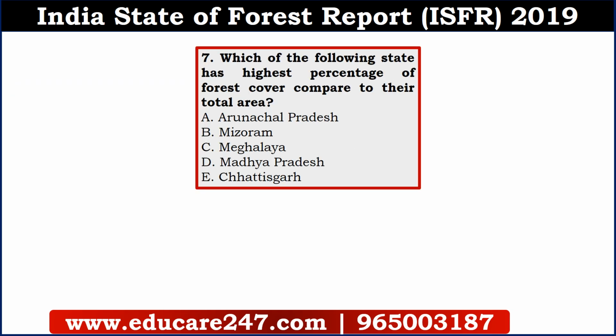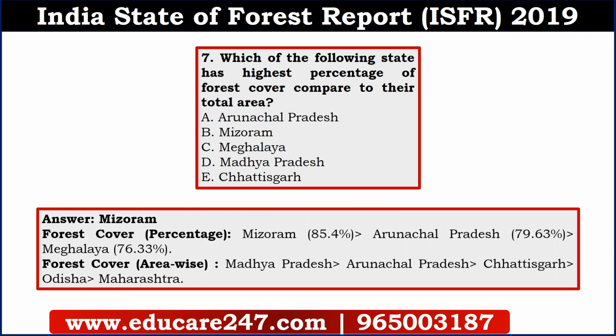The next question is, which of the following states has the highest percentage of forest cover compared to their total area? The answer is Mizoram. Mizoram has the highest percentage of forest cover compared to area, with forest on 85% of the land. And second is Arunachal Pradesh, which has approximately 80% forest cover, and then Meghalaya, which has approximately 76%